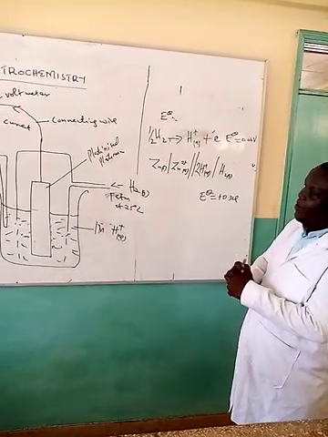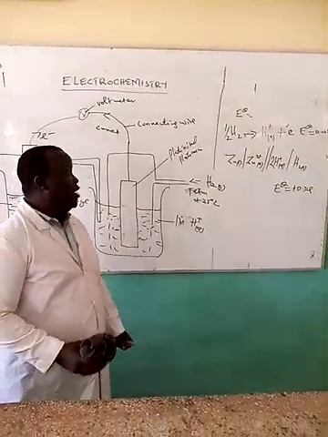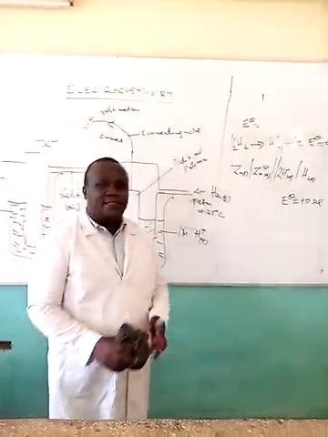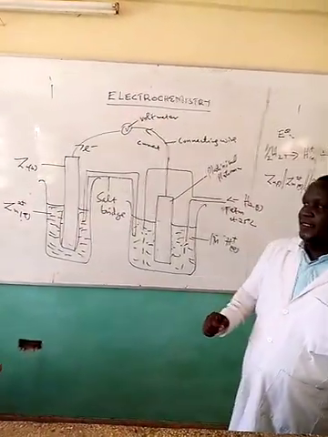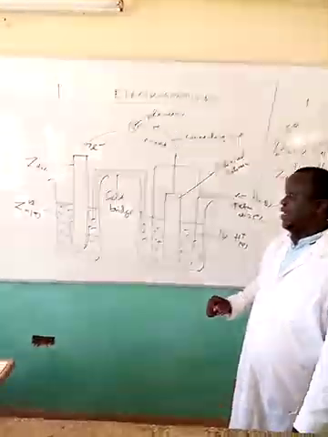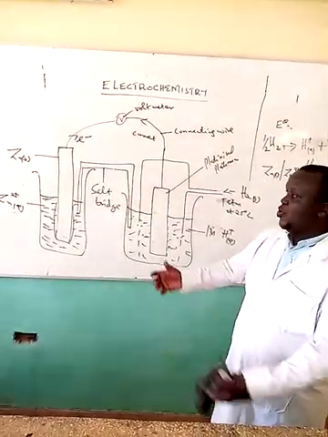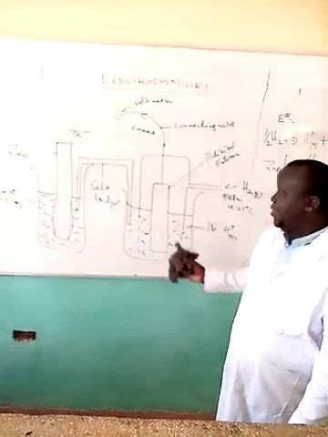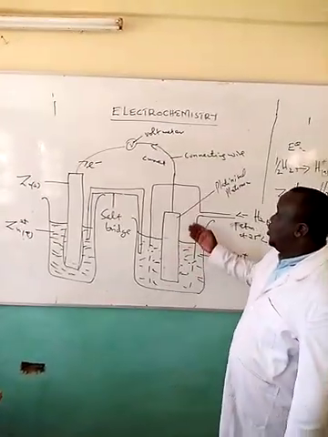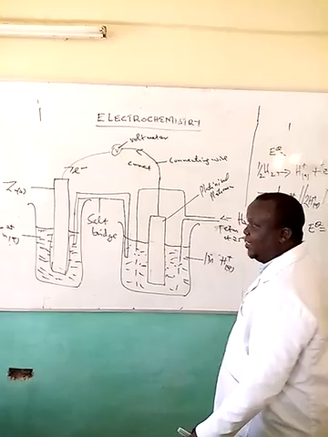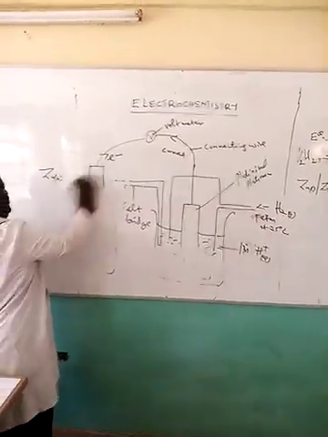But in a case where we have a copper half cell and also a hydrogen half cell, we know that copper is below hydrogen in the reactivity series. And being the fact that it is below hydrogen in the reactivity series, hydrogen will produce more electrons comparatively to copper. So when you're coming up with an electrochemical cell, the hydrogen half cell must be on your left hand side, and the copper half cell must be on your right hand side. This way, we shall have copper.